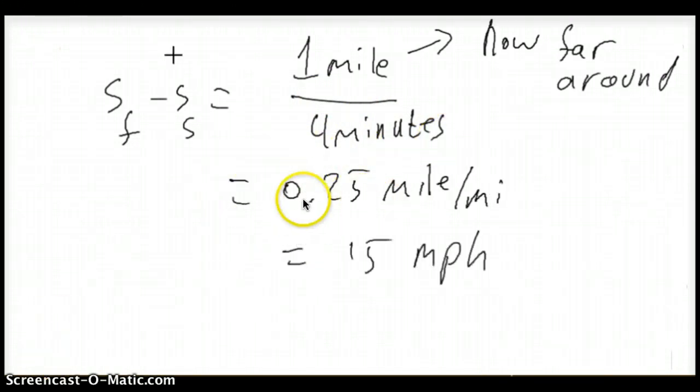And we can multiply 0.25 by 60, which is miles per minute, so that would give us 15 miles per hour. So simply by knowing how many miles per hour they are moving away from each other, we can figure this out. If the speed of the slow car is 100 miles per hour, then the speed of the fast car will be 115 miles per hour. So the fast car will be 15 miles per hour faster than the slower car.